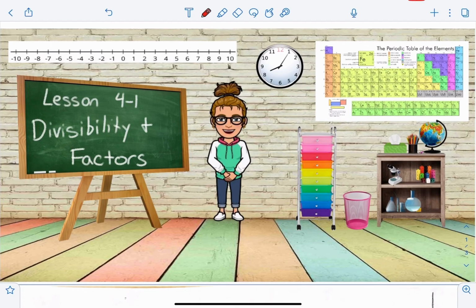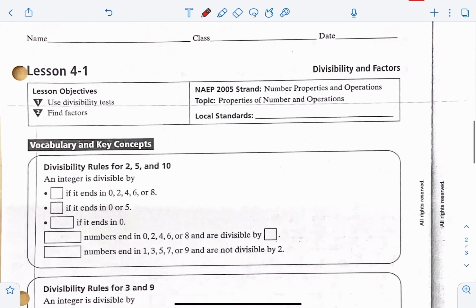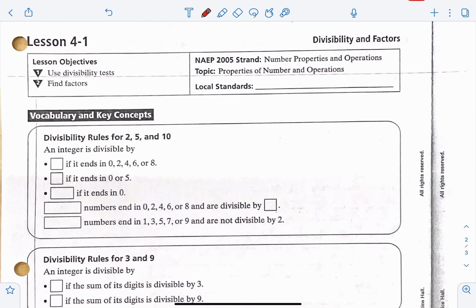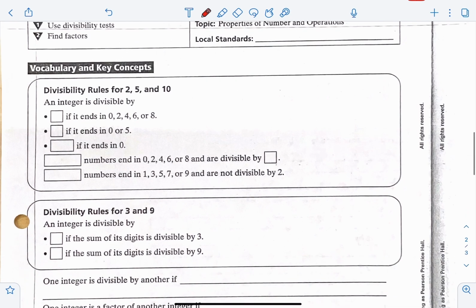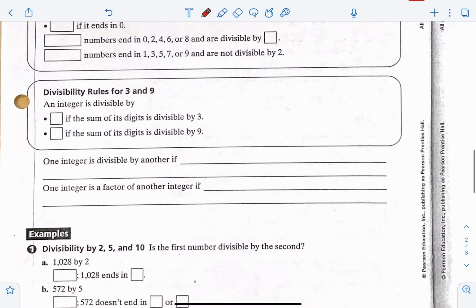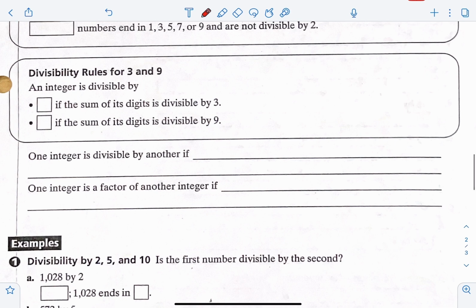Today we'll be doing the first lesson from Chapter 4, Divisibility and Factors. We're going to skip down to the definitions to start, and then we'll come up and look at the divisibility rules for each type. So, one integer is considered divisible by another if the remainder